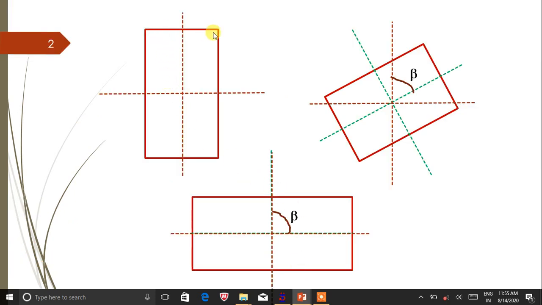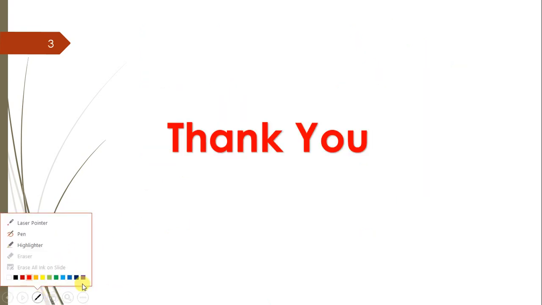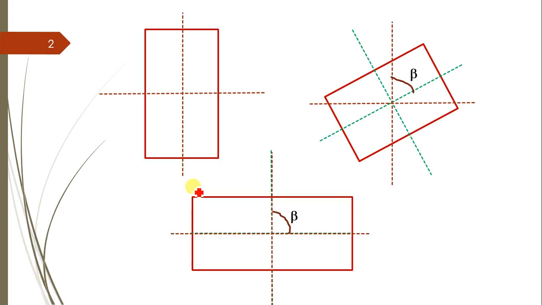here you can see initially the column position is like this, and now this is the axis of the column. So when I am rotating this column by making an angle, these are the original axis and these are the axis of the column after rotating, which are shown by the green color; the original axis are shown by the brown color. So the angle between these two, we call it the beta angle.